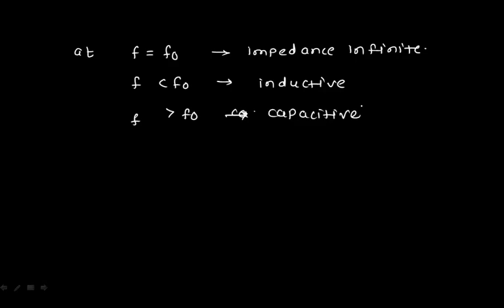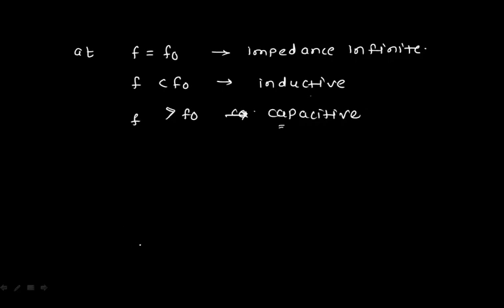So at the resonant frequency, the parallel circuit offers infinite impedance, so your total impedance will not get affected. Below the resonant frequency, the antenna reactance becomes capacitive, the reactance of the LC circuit becomes inductive, and they compensate each other. Above resonant frequency, again, your resonant circuit will become capacitive and your antenna will become inductive, and hence they will cancel each other. This is how the bandwidth compensation takes place. Now, it is not necessary to put an actual LC circuit over here.